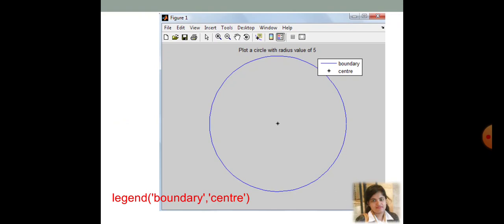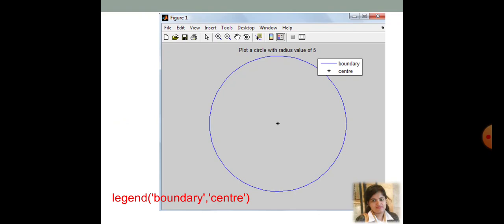In the legend function, suppose in a particular figure I need to mention which is the boundary and which is the center. Suppose you have generated a figure by plotting different elements. You need to understand which element is which, and each element has been given one particular color. So you need that legend function.